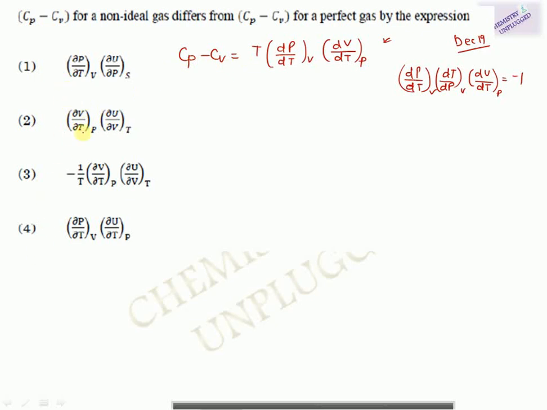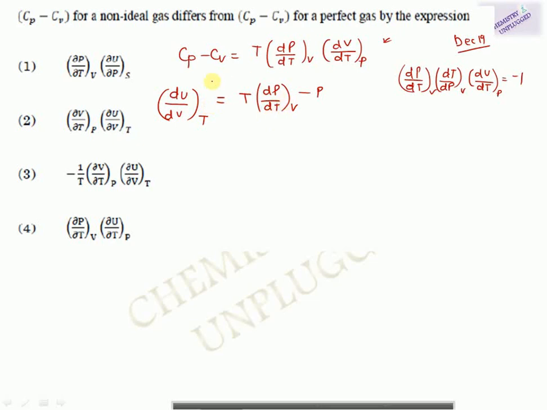Here we have the internal energy term in all the options, so we will try to convert it into the internal energy term. We know the first equation of thermodynamic state is dU over dV at constant T is equal to T dP over dT at constant V minus P. I would suggest you remember three types of equations: this equation, the first equation of thermodynamic state and the second equation of thermodynamic state. Then you can solve a number of questions.